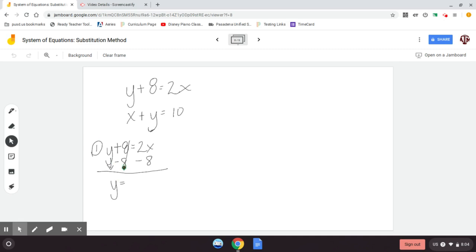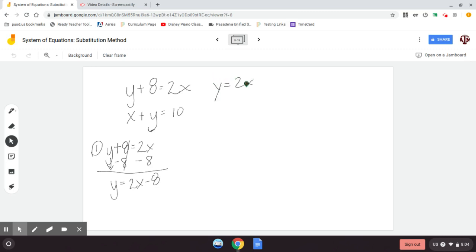8 minus 8 cancels out. And then 2x minus 8, we can't combine those because they're not like terms. So it just stays 2x minus 8. Okay, so now that I've isolated the variable, y is by itself. That's the only thing different about this problem. We had an extra step. We had to get the x or the y by itself first. Now that we've done that,